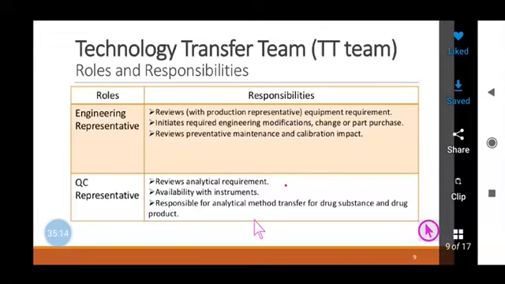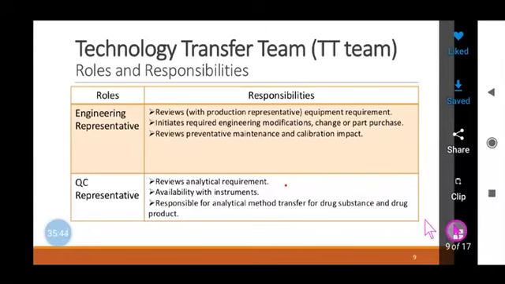The analytical methods have been developed in order to analyze the drug substance and also the drug product. The drug substance is an active ingredient of the drug product. So the same method is available, it is developed in the QC lab, and also the process of analysis for drug product has been developed in the QC lab.